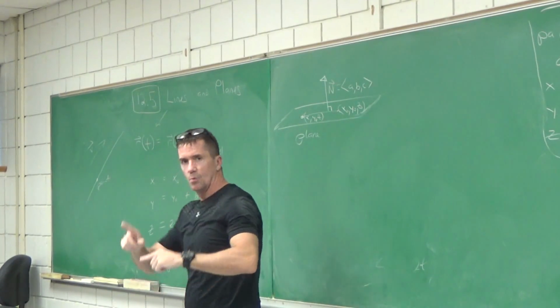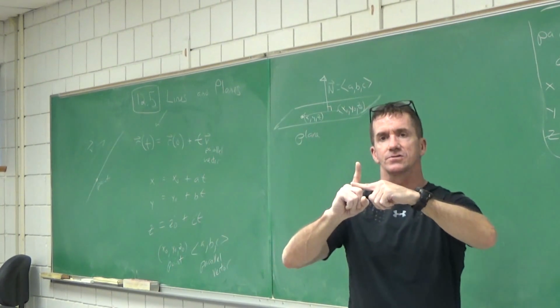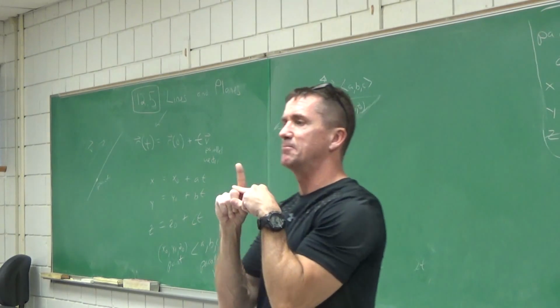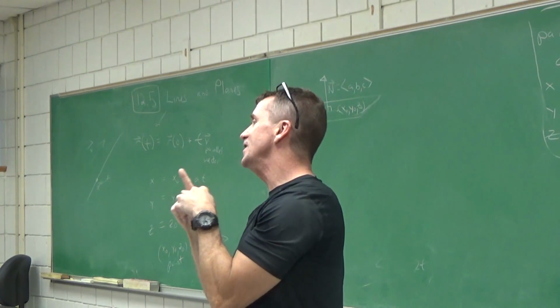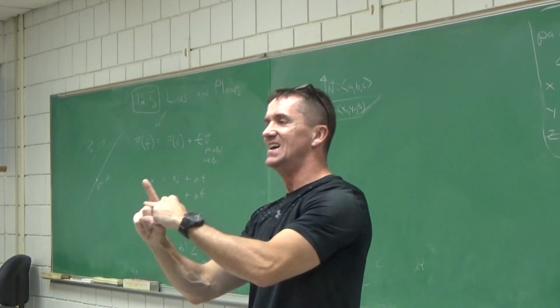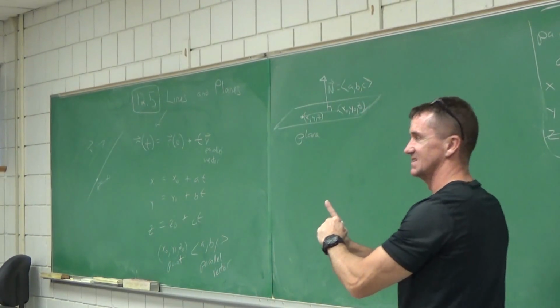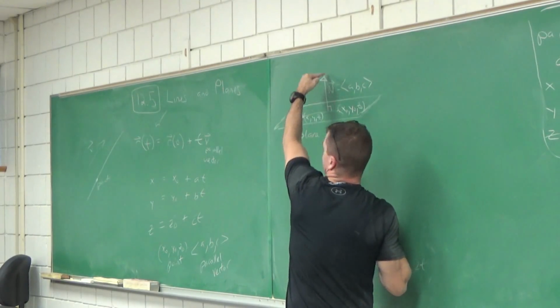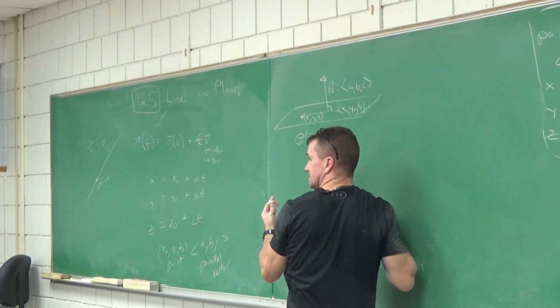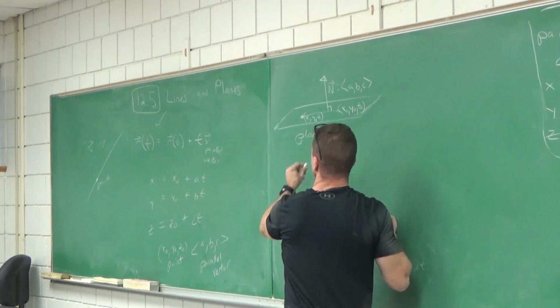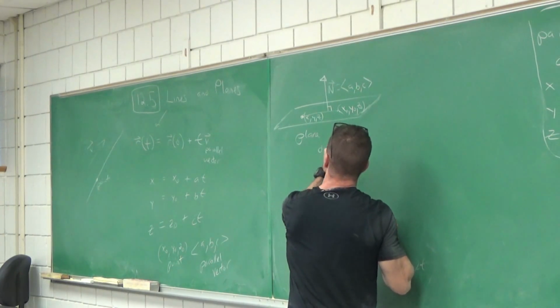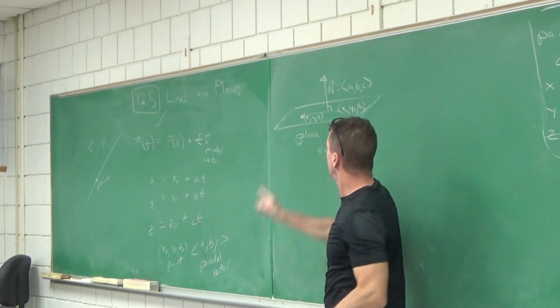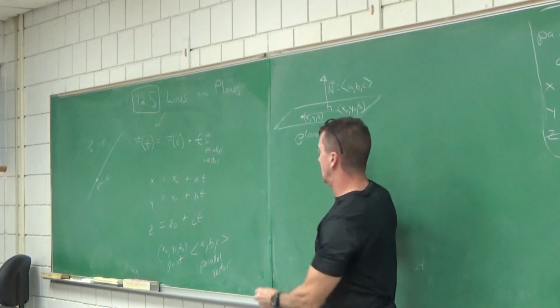Now, what do you know about 2 vectors that are perpendicular to each other? The dot product is 0. So we use the dot product repeatedly to describe equations of planes. Because what's going on here? It looks like this vector dot this vector equals what? 0. That's how we do equations of planes. So here it is. Dot product equals 0. One of the vectors is the ABC, right?